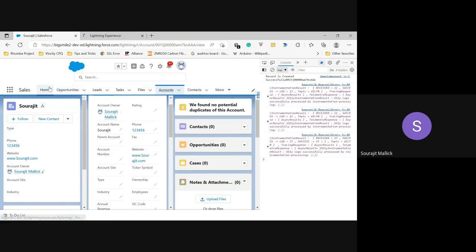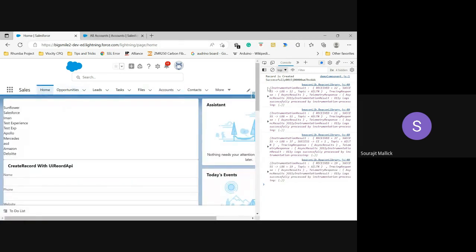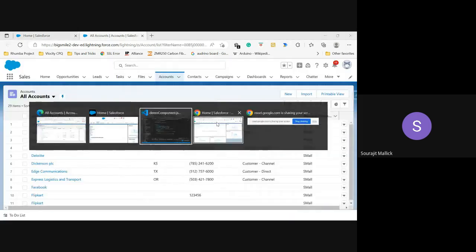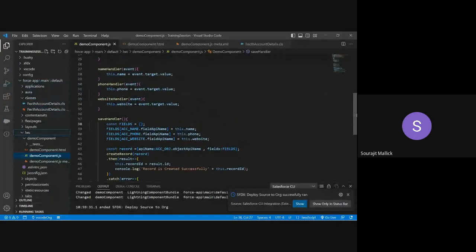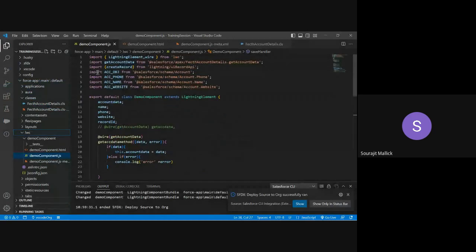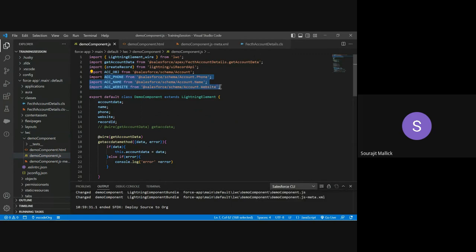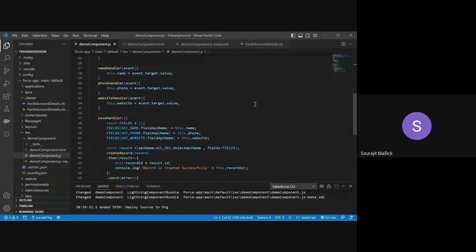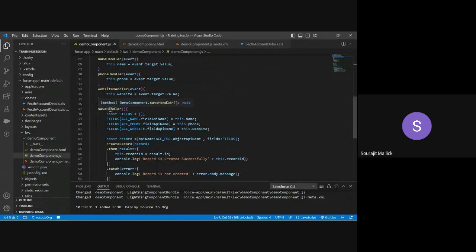Let me open it in the new tab. Let me show it. So let me recapitulate again. What we just did, we first imported the account object API name as an alias, then the fields that we want to fetch from this particular object: the phone, name and website field. Then we created one button, and on click of the button we have created one handler, and in this handler we have created these fields,